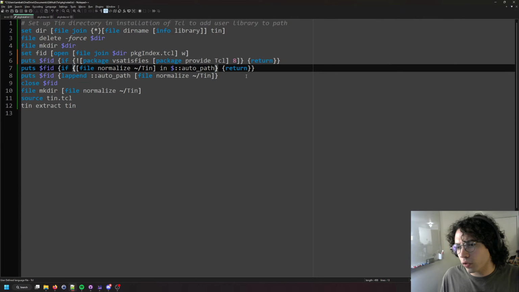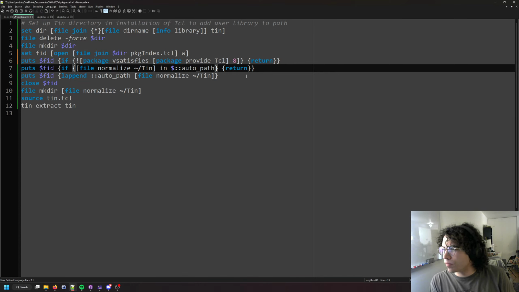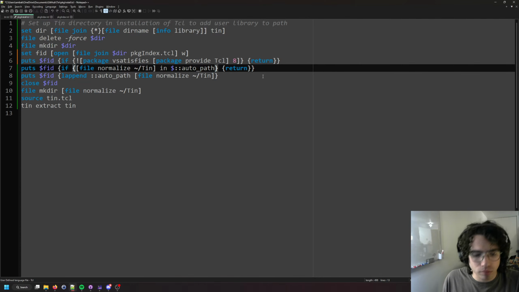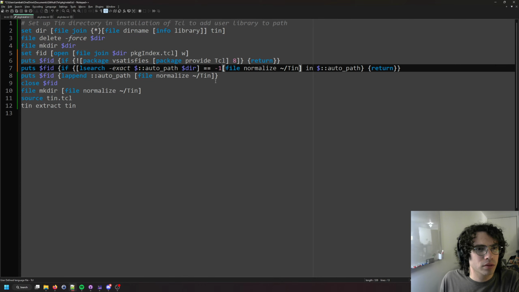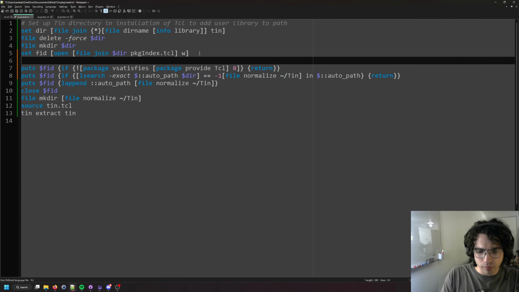I mean, I guess since I'm releasing this now, I think it'd be safe to use 8.5. Or I could even do 8.6, honestly, because I don't know if people are using older versions. It's things like this that I need to think about. I think requiring 8 is good, but hold on. I'm going to do